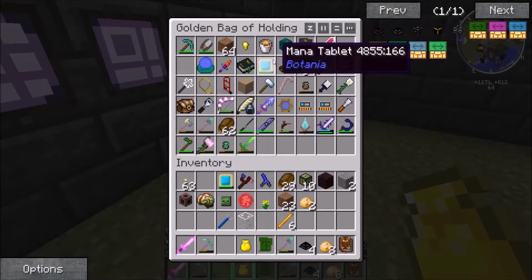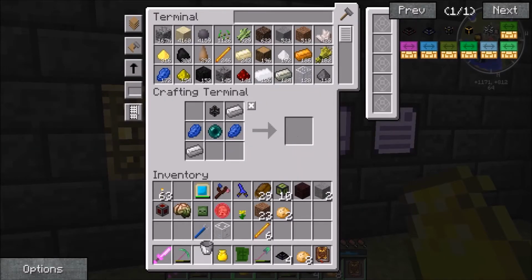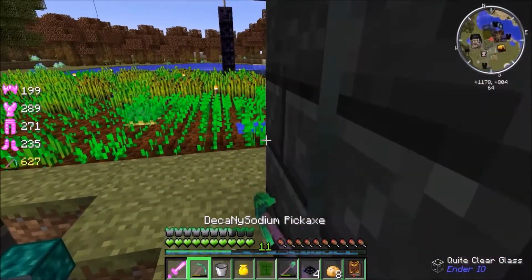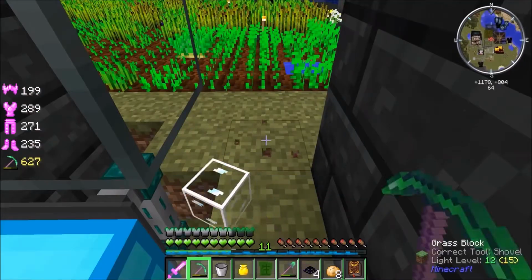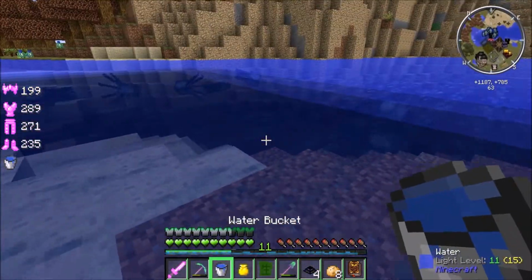What happened to all my buckets? I've got a bucket of lava. That's not very helpful. Let's take that bucket. Let's go get some water. I might have to make more...